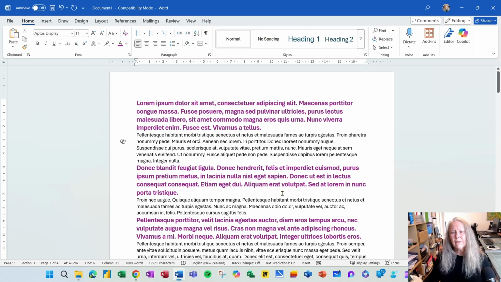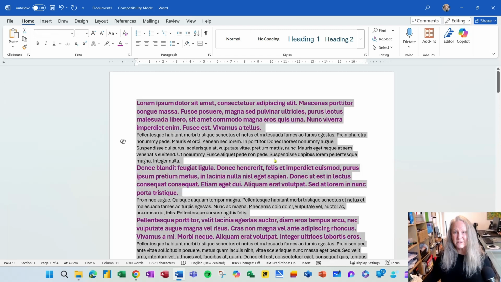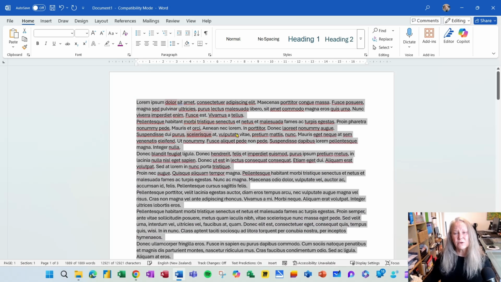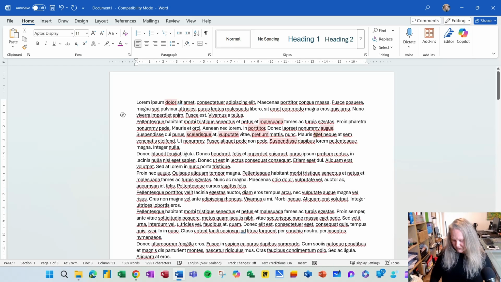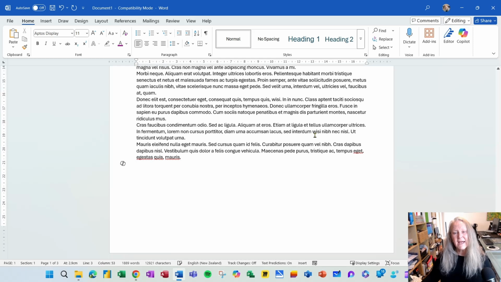document. Now if I want to clear all the formatting, I'll press Control A to select all, and this button here, for example, is allowing me to clear all formatting, and it just goes back to how it was. Now let's say I want to get to the end of the document, Control End, and the one thing I